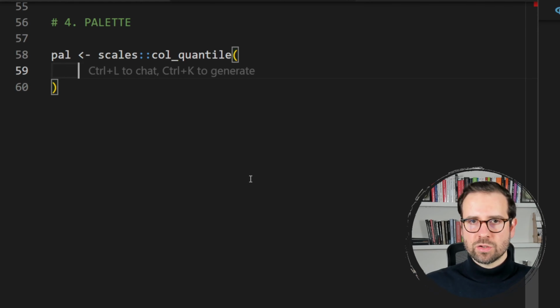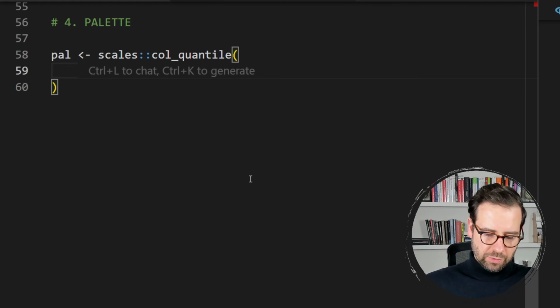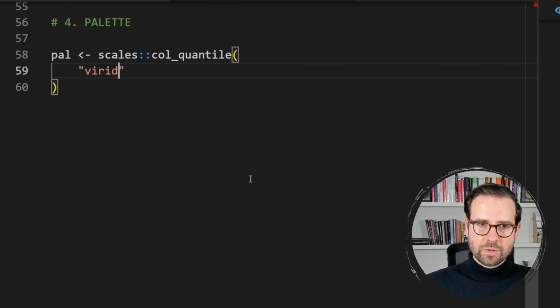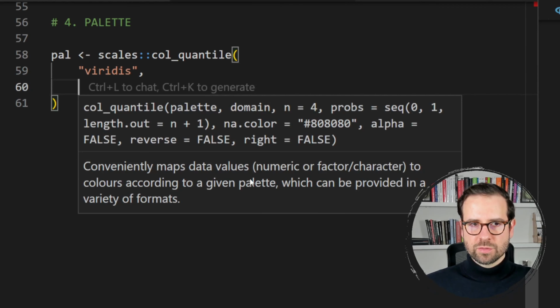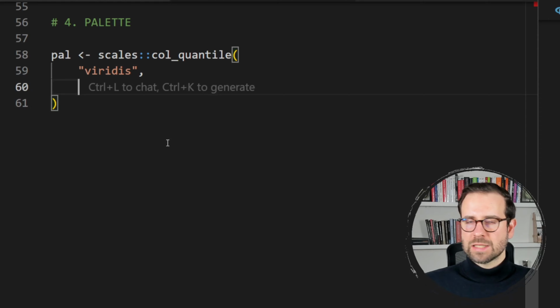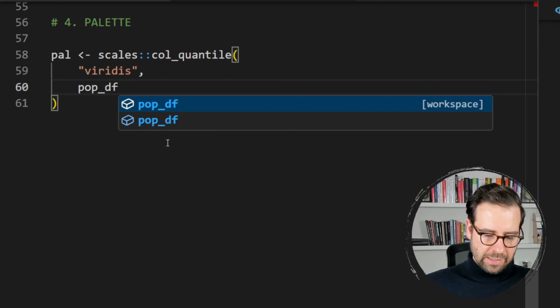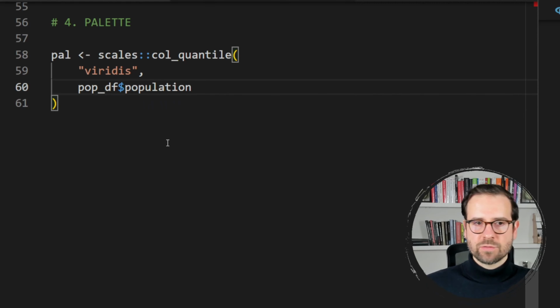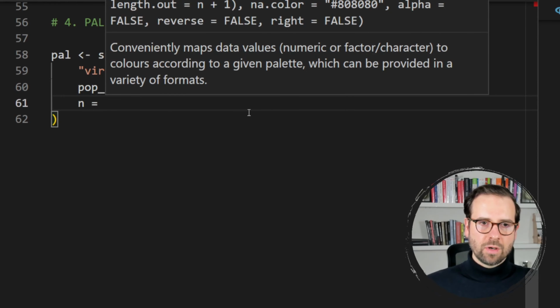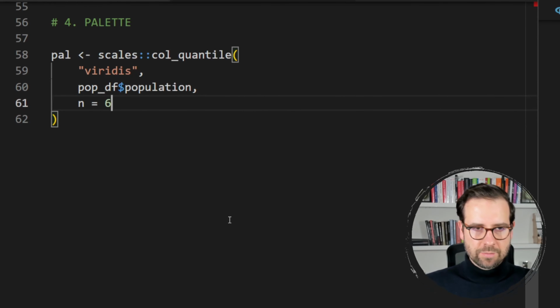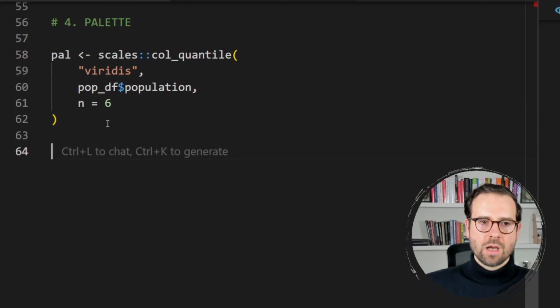of our population count. Okay, so first of all, for the palette, I'm going to be using viridis, which I often use when I want to present population count. The second one is the name of the column for which we want to create these. So that column is called population, and it resides in this pop_df. And finally is the number of these breaks that we want to create, and I'm just going to put here, for example, 6. All right, so this is going to create the function that is going to help us